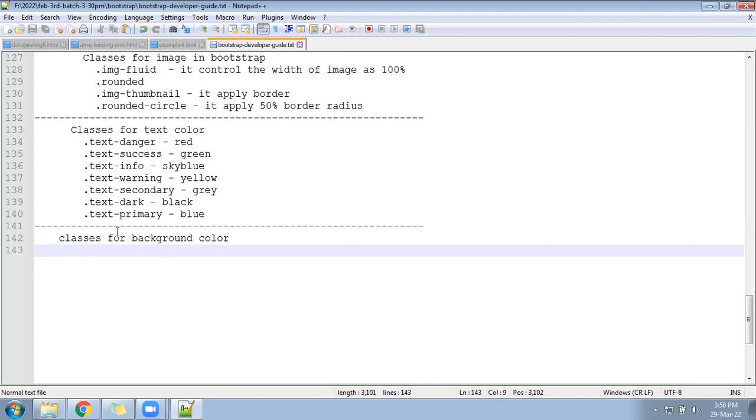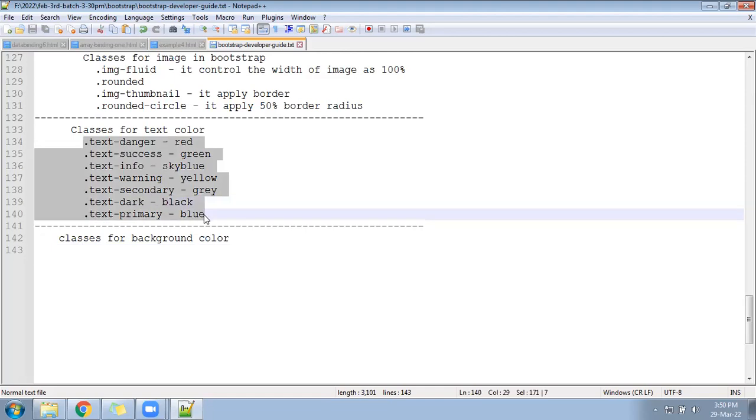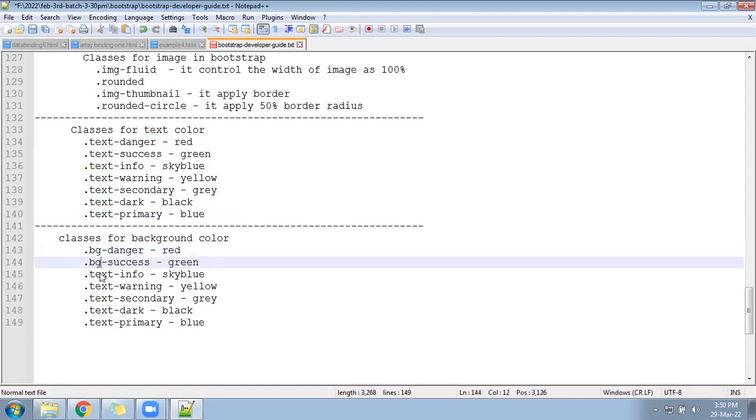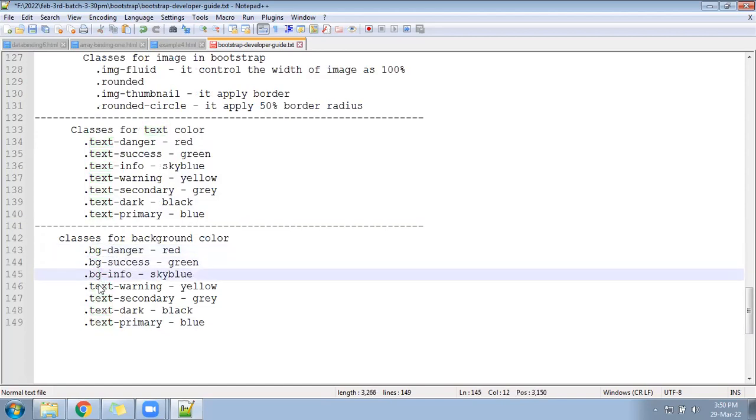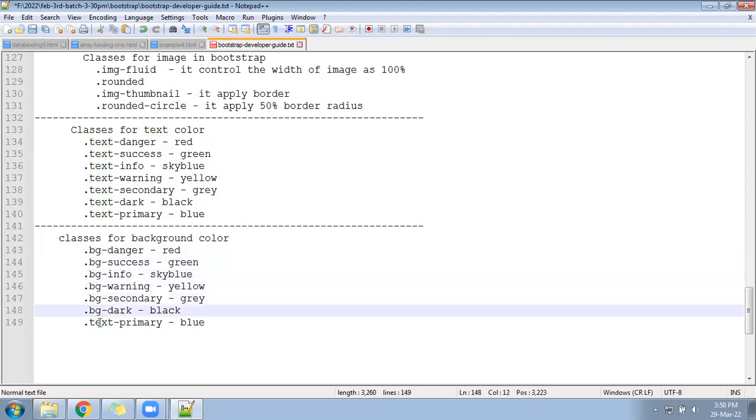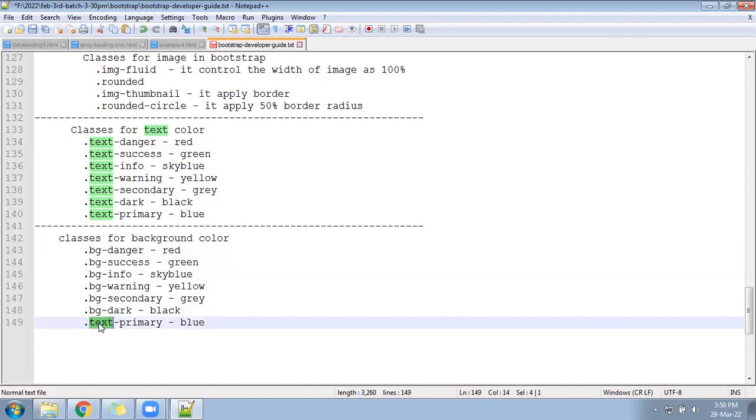Copy the same classes and paste here, and instead of text, put bg: bg-danger, bg-success, bg-info, bg-warning, bg-secondary, bg-dark, bg-primary.